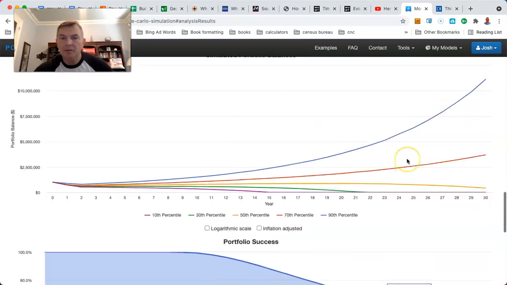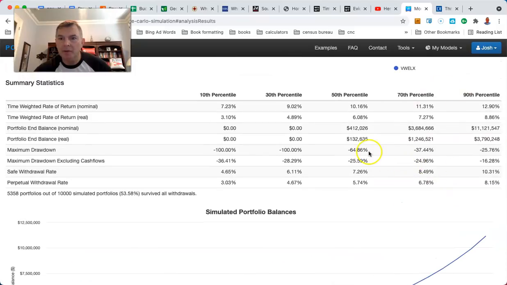I still want to do it because no one really cares about the up. But in the 50th percentile, we still had money. Not much. We still had money. We had a safe withdrawal rate of 7.26. In the 30th percentile, we had a safe withdrawal rate of 6.11, except that we ran out of money. I think that's what that says, because if we have sequence of return risk, you could take